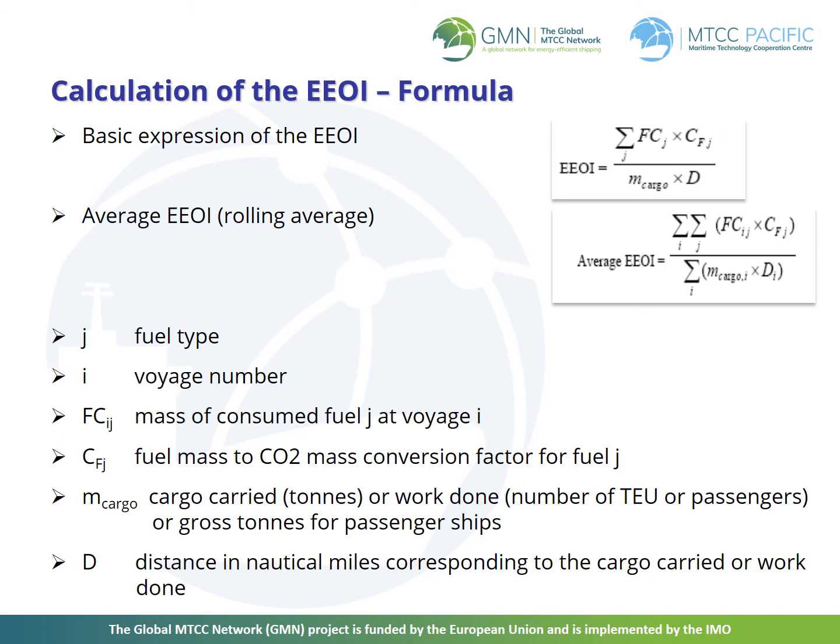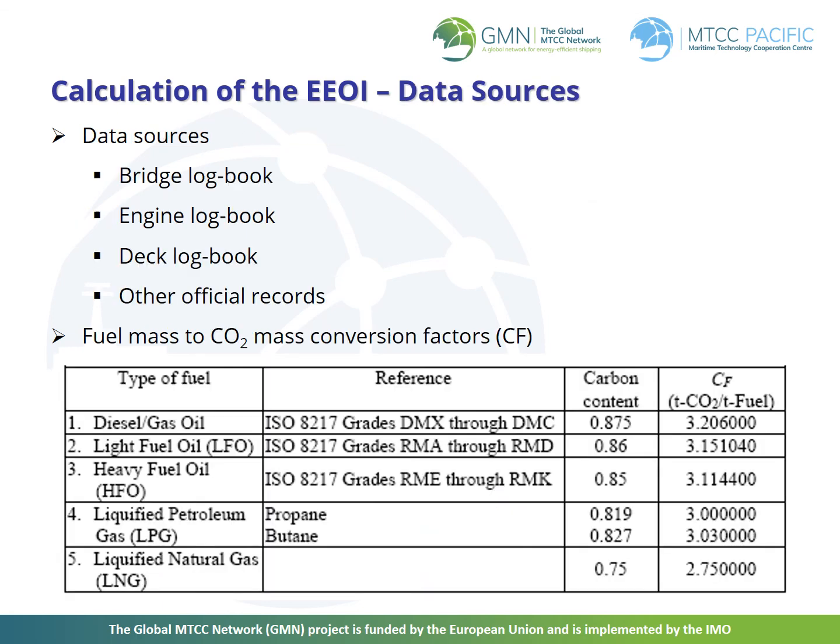The basic expression for EEOI for a voyage is shown first. The guidelines allow averaging of EEOI over a number of voyages, where the average of the indicator for a period or for a number of voyages is obtained. Primary data sources selected can be the ship's logbook, bridge logbook, engine logbook, deck logbook, and other official records. It is important that sufficient information is collected on the ship with regard to fuel type and quantity, distance traveled,